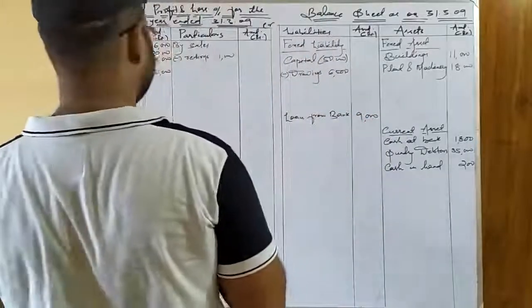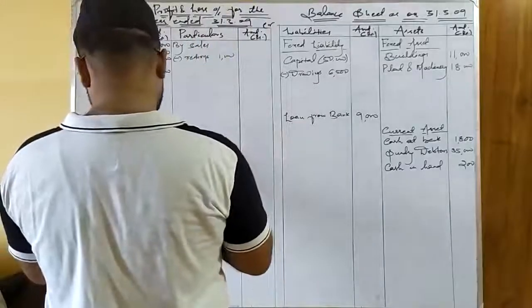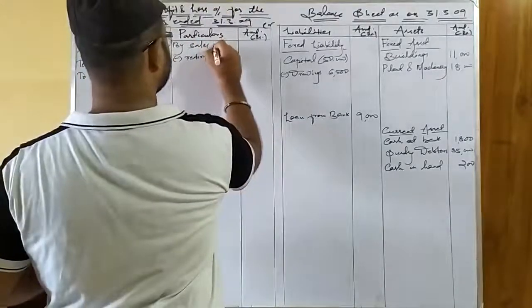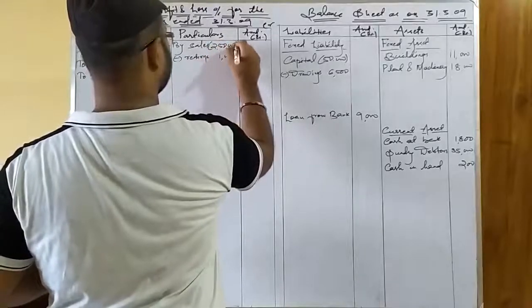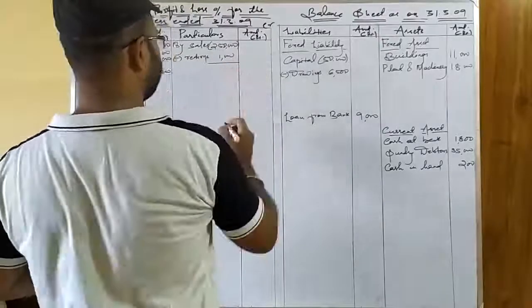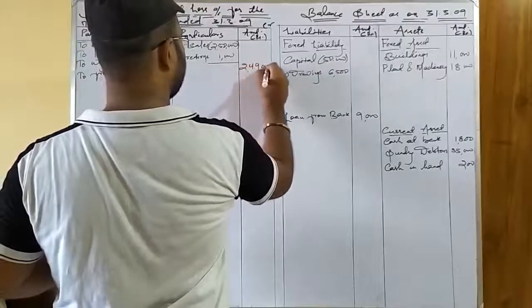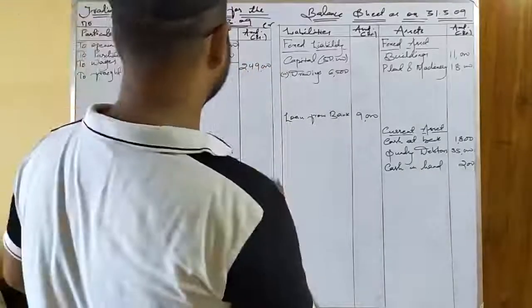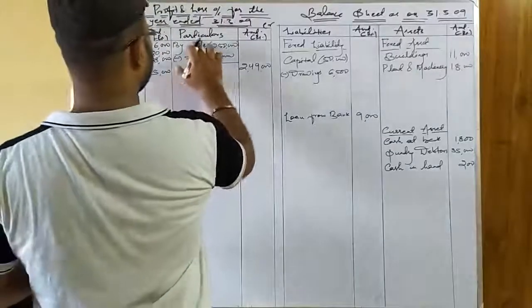The next item is sales. So we already mentioned sales as the direct income. So sales given is 2,50,000. Okay, and returns is already written here. So we will subtract the return amount that we get, 2,49,000. Okay, so sales was given 2,50,000 and return is 1,000. So we got 2,49,000.